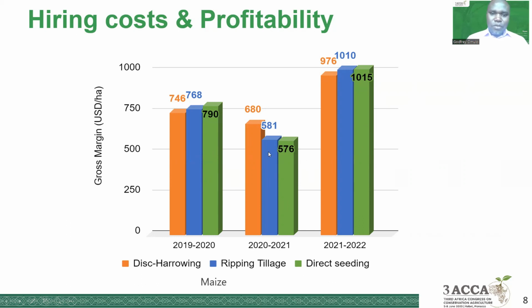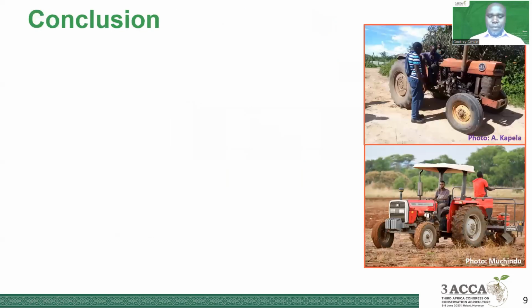Now, in the second season, which received high rainfall and better yields, coincidentally, the profitability was low. And this was because of the low or the poor grain prices. That is as a result of good produce countrywide. So this result actually shows that farmers can be economically secure, especially in dry seasons, because they will still get good profit margins compared to the disc-harrowing or conventional practice counterparts.